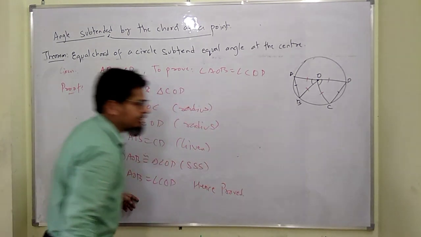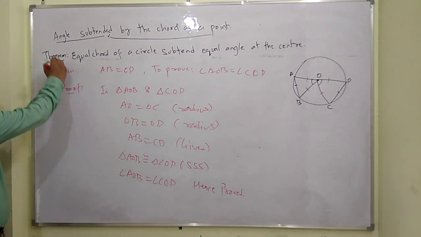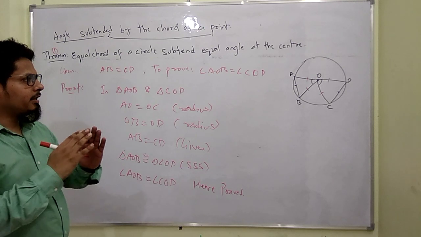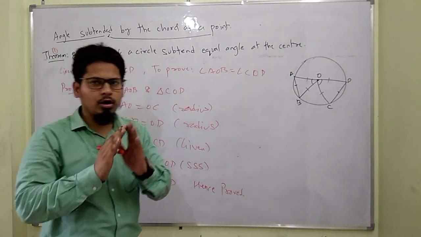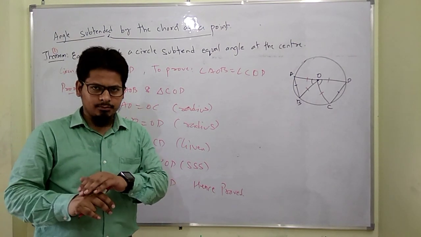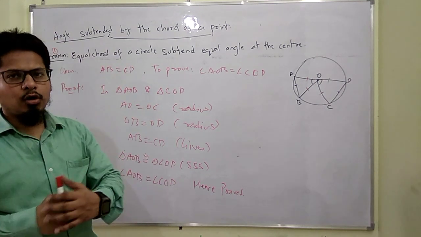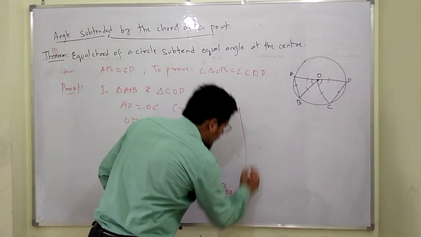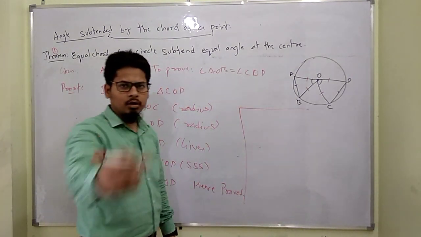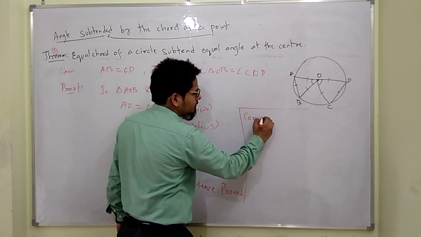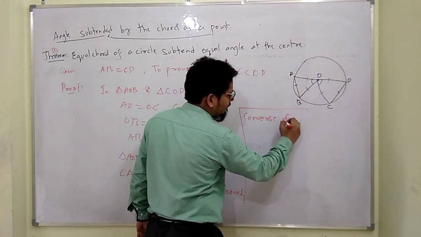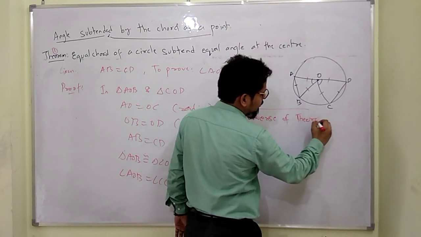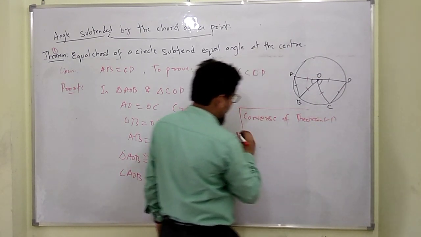Okay, the next theorem, theorem number 2, states that if the angles subtended by the chords are equal, then the chords will be equal, right? So it is the converse of theorem number 1, and that will be proved by SAS. Okay, देखिए, मैं आपको short way में explain कर रहा हूँ. You try this theorem. It is the converse of theorem 1. Theorem 1 को मैं converse ले रहा हूँ. It is theorem 2.